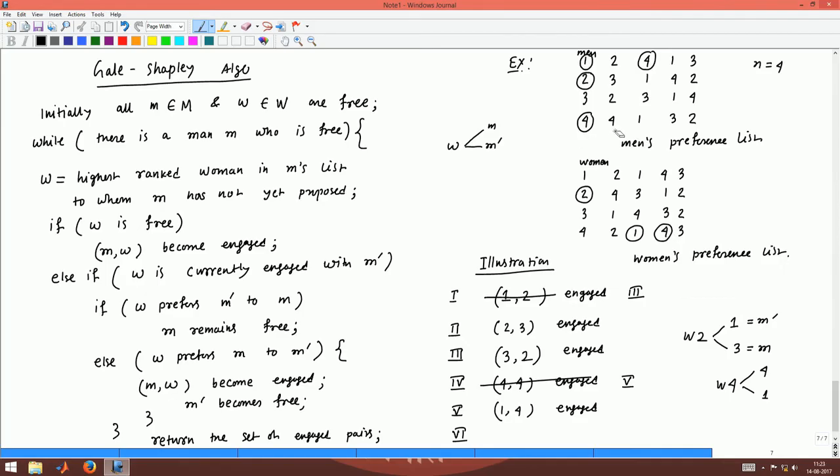So, 4 will propose to the highest ranked woman whom he has not proposed to yet. So, 4 will propose to 1, and woman 1 is free. So, 4 will be engaged with 1,